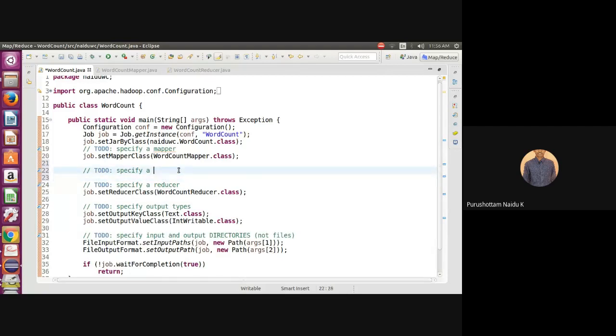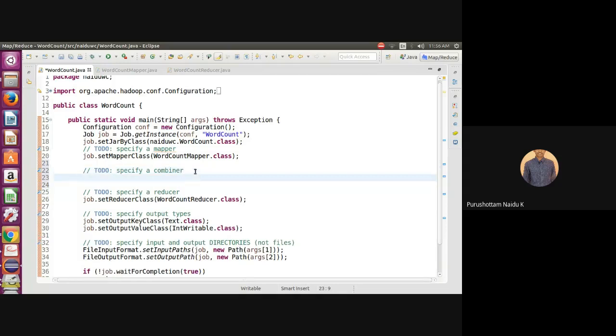What is the combiner class? I already said that the combiner is just like a mini reducer. What code we write for the reducer, the same code we use for the combiner.